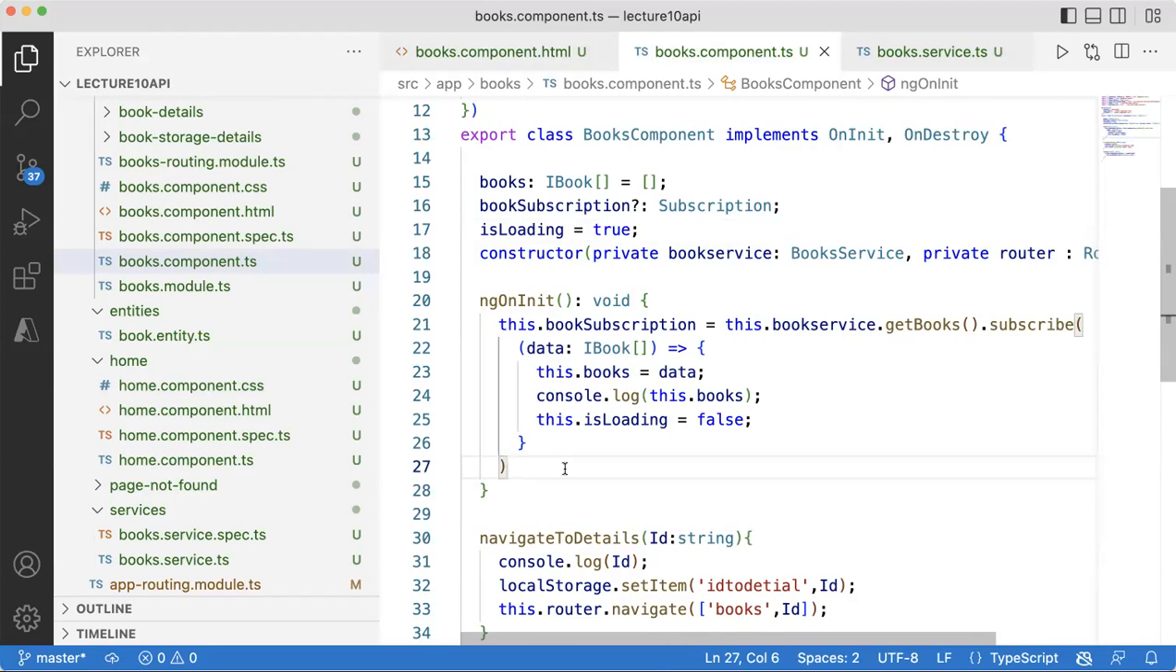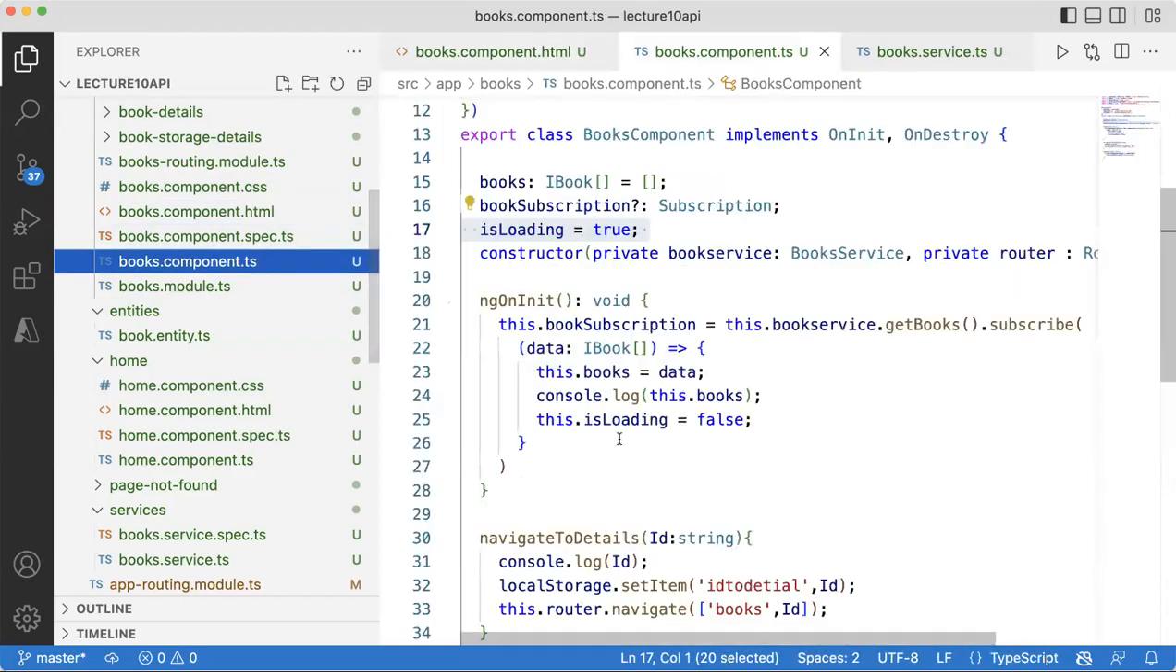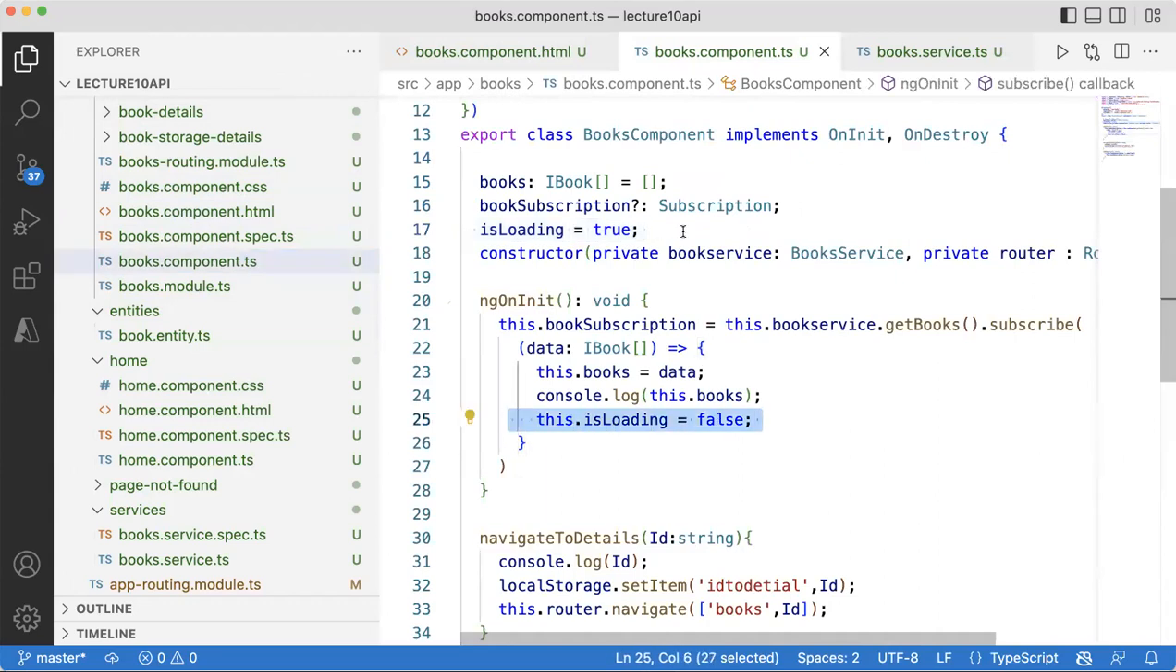Here in the component, I have isLoading true, and I'm checking that if isLoading is true, then show this div. If it is false, then only show the table. And here, when I'm getting the data, I'm just making it false. Otherwise, it is true. So right now, nothing with an interceptor. This is the way you should work. That is fine. Now, the challenge is that